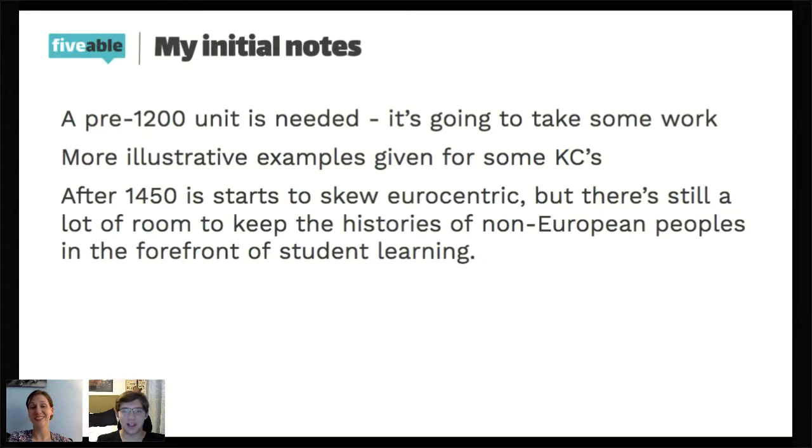The one thing I do really like about the new CED, despite all of the multiple issues, which I can rant about for days, is that they don't just have comparison, causation, continuity, and change anymore. I like that they have skills like sourcing and situation and argumentation integrated into the course, because I feel like that will make teaching writing a bit more natural. You can say, look at this page in the curriculum, you need to know this.